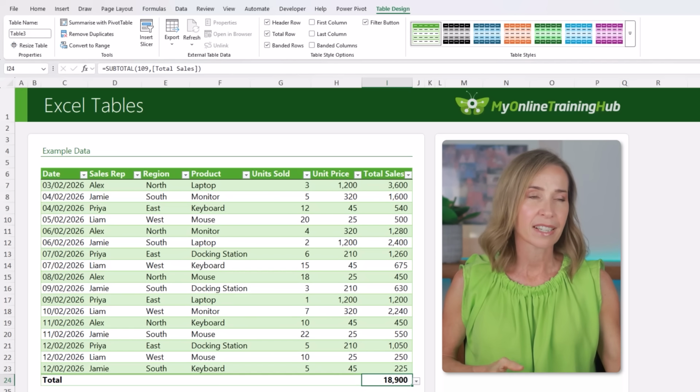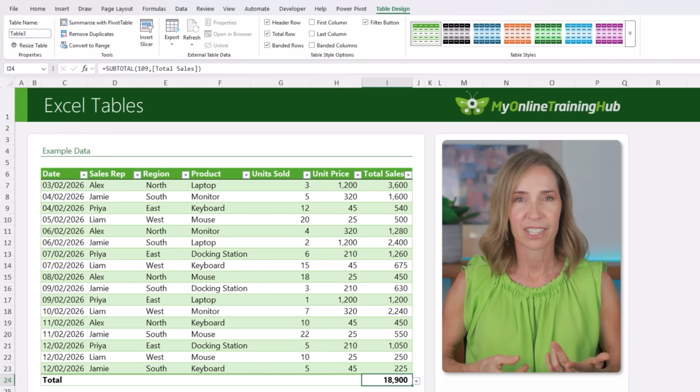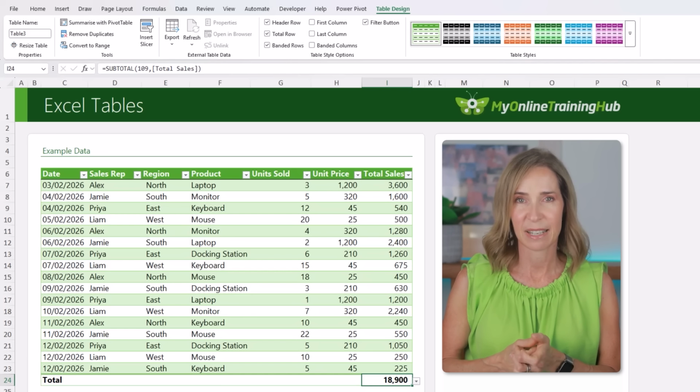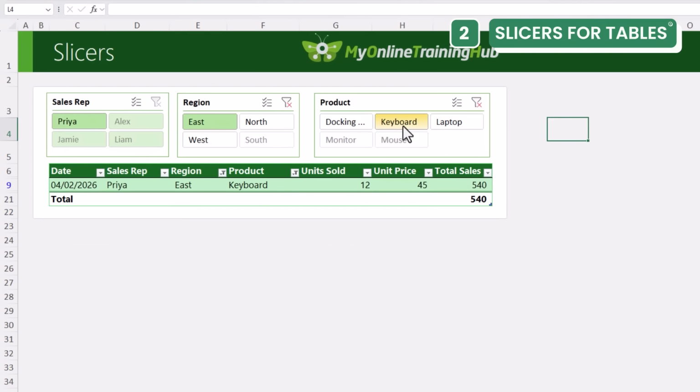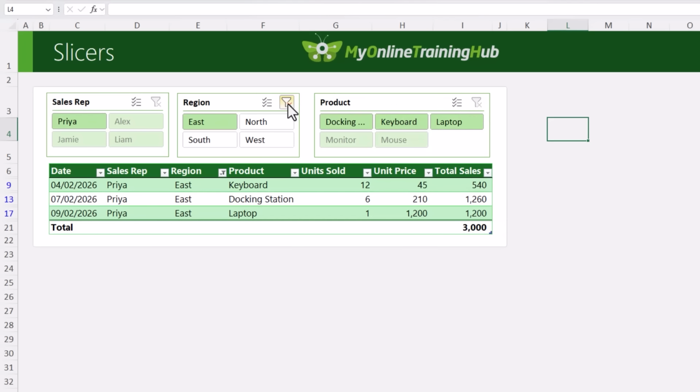So whether you're working with sales data, customer lists, HR records, etc., format it in a table. They're the foundation that makes everything in Excel easier. All right, now that your data's in a table, let me show you how to make it interactive with slicers. Slicers are basically visual filter buttons, and they make your Excel file feel less like a spreadsheet, more like an